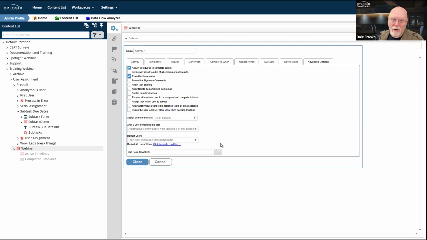So even if their computer is open and Process Director is open and someone comes in and tries to perform that task assignment, or someone intercepts the mail somehow, or you send a copy of their mail somewhere, that's fine. By setting up reauthenticate users, they can't complete their task until they perform a reauthentication on the system. Once they are reauthenticated in the system, then they can go ahead and complete their task. That's just a little security tweak that we have added to the system.